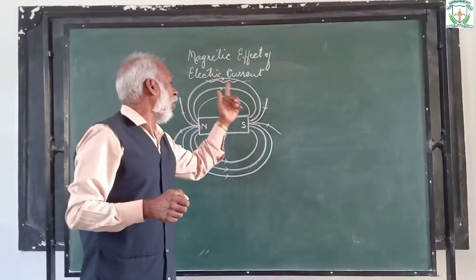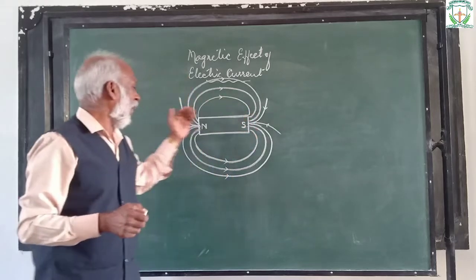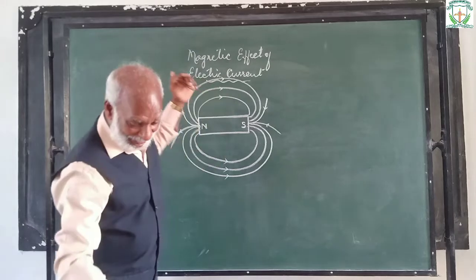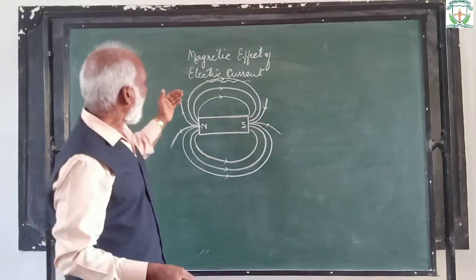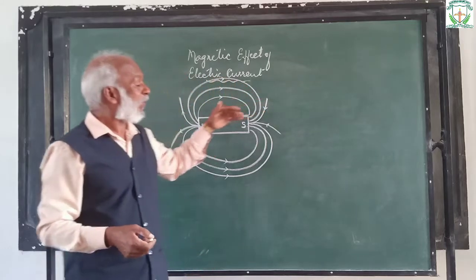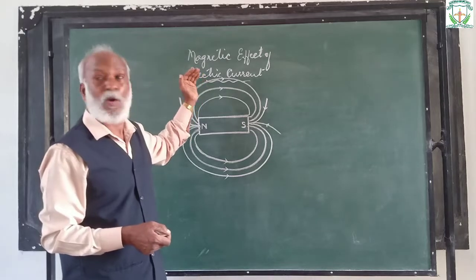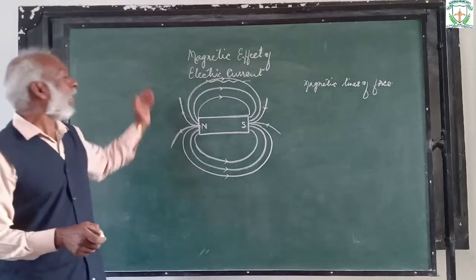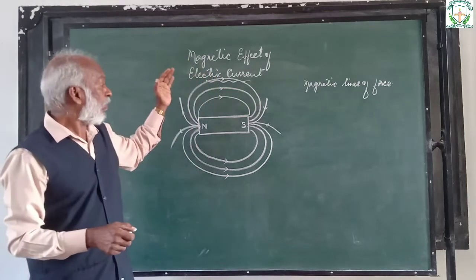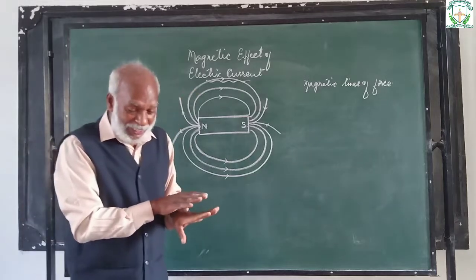This stretched loop or stretched line along which the iron filings get aligned is called magnetic lines of force. So around a magnet there is magnetic field, and this magnetic field is not something like